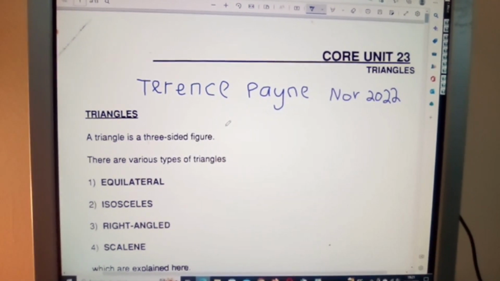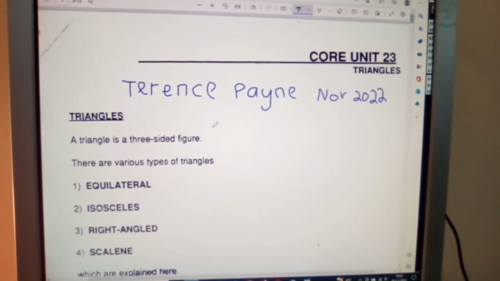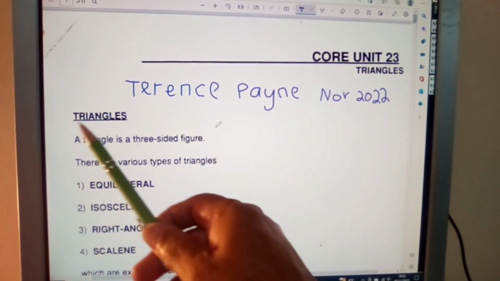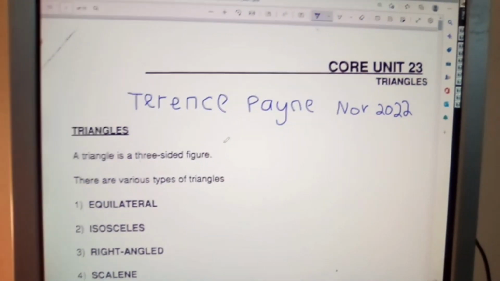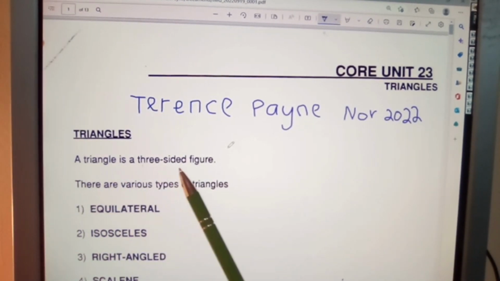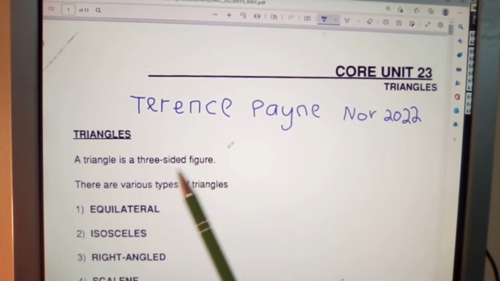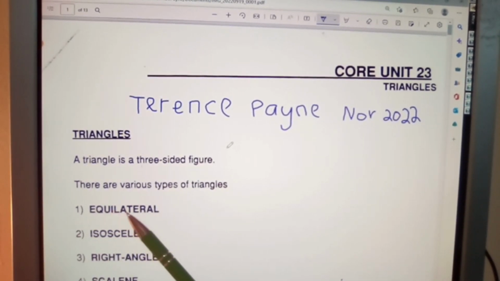Okay, welcome back. Now what I want to look at is triangles, and I want to look at the various types of triangles. A triangle is a three-sided figure. There are various types of triangles. Now we have equilateral triangles, we have isosceles triangles,